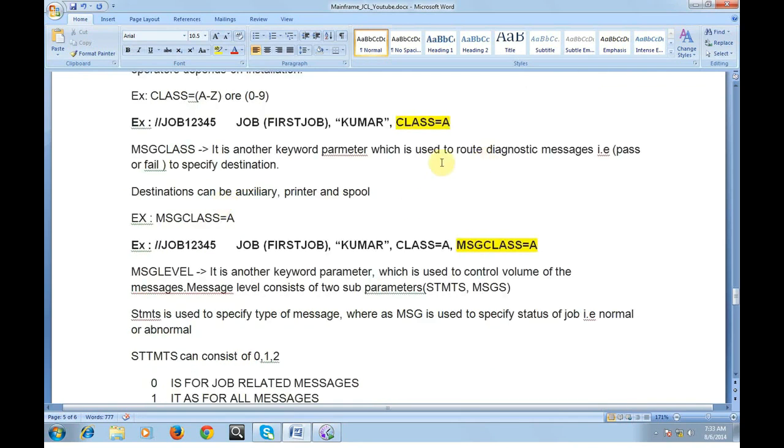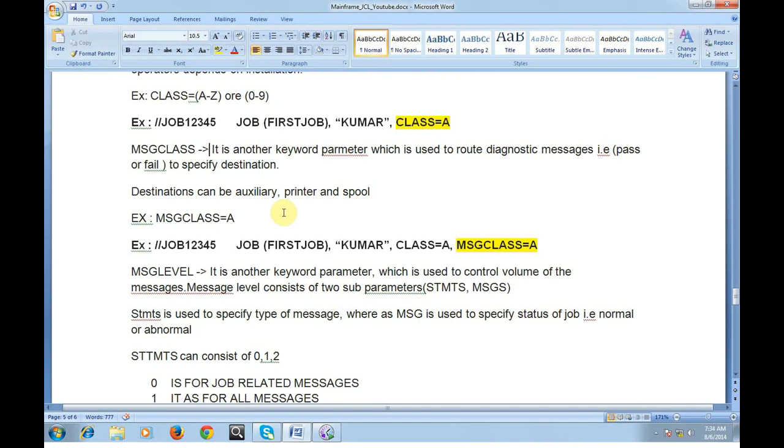It is used to route the diagnostic message, that is pass or fail, success or unsuccess, to a specified destination. For example, it is kind of a log where we want to route the messages.